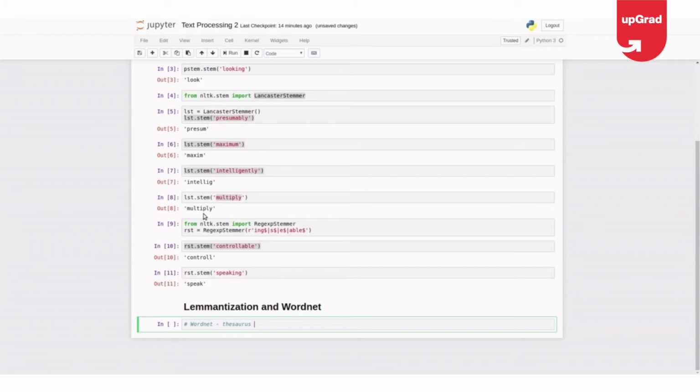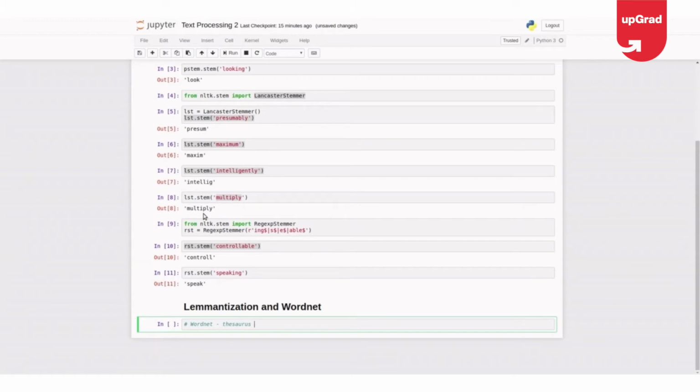I think everyone knows what hypernyms and hyponyms are. Hypernyms are supersets of word meanings basically, and hyponyms are subsets of word meanings. So it is a collection of all these words. It's a big corpus and used a lot in NLTK.